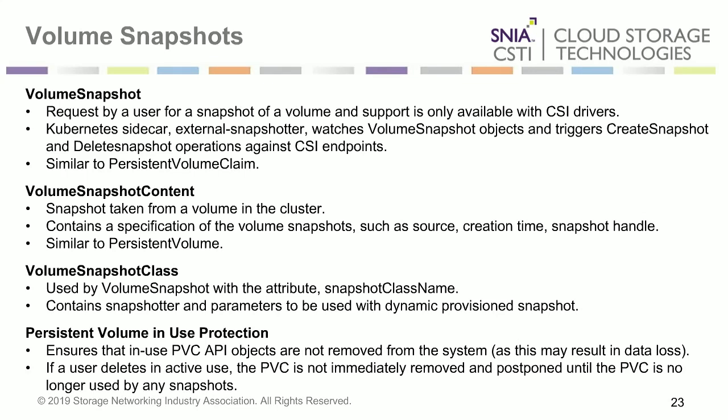But then also one of the things that came with this is persistent volume in-use protection. So you might have a snapshot out there that you forgot about, and you're like, all right, I'm done with this persistent volume claim. Let me delete it. Well, there's protections against doing that. It'll warn that there's a snapshot in use, and you just can't delete the PVC yet. You'd have to get rid of the snapshot first. So that's a good saving grace there.